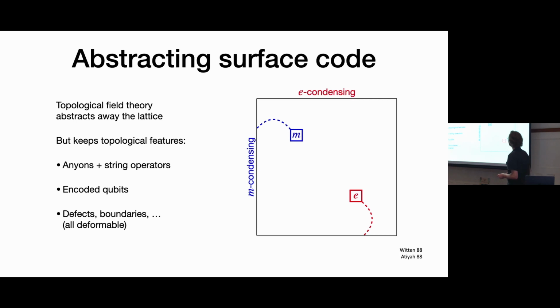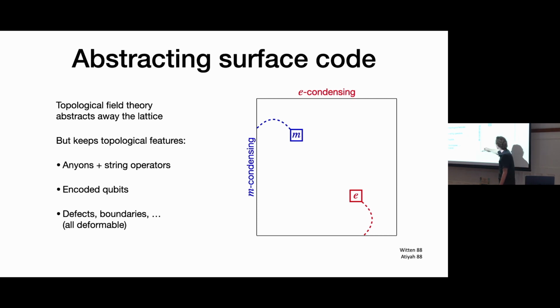Okay, good. And so a nice thing about this family of codes is once you do this local unitary equivalence, you wash out all the local details. Because if you are allowed to apply an arbitrary local unitary circuit, you can just change everything locally. But I said there's some part of these codes that remains invariant under this. And this is exactly what is described by this topological field theory picture. So this just keeps these universal features, which end up being what anyons you have, what class of syndromes, and the algebra of their string operators. And it's nice that this is enough to also tell you, given some configuration, what encoded qubits you have.